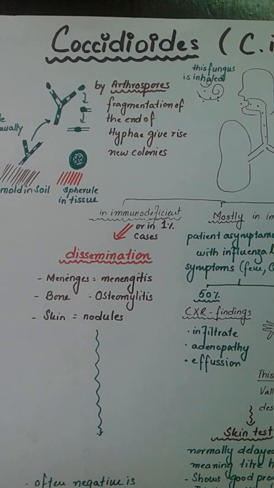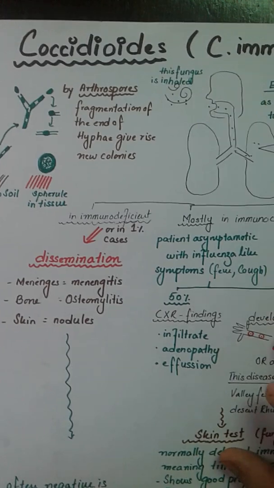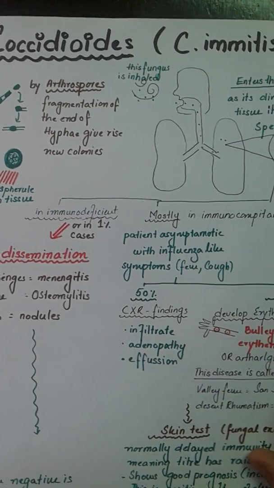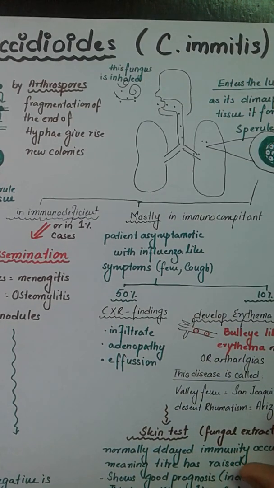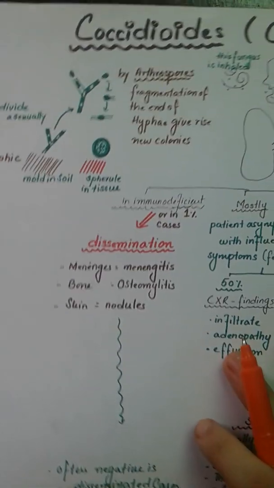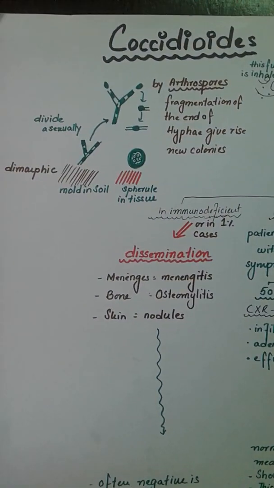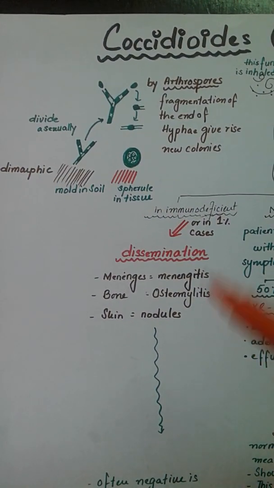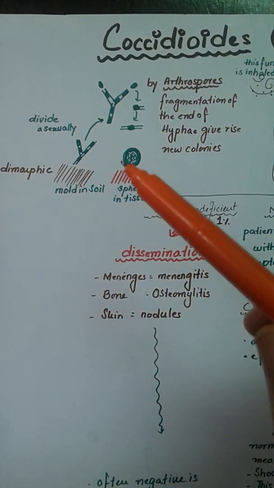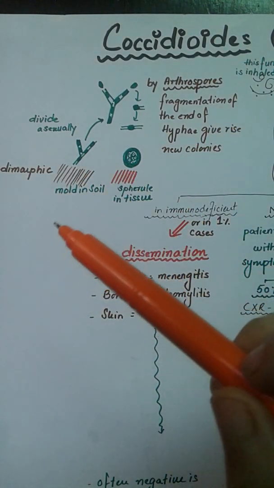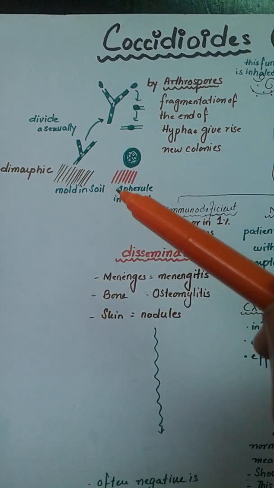Coccidioides is a systemic fungus which causes specific disease in the organism, which we will study, but the specific species in this genus that causes this infection will be Coccidioides immitis. Now, Coccidioides immitis is also a dimorphic fungus. Dimorphic meaning that outside the body, in the soil, it forms a specific shape, while inside the body, it forms